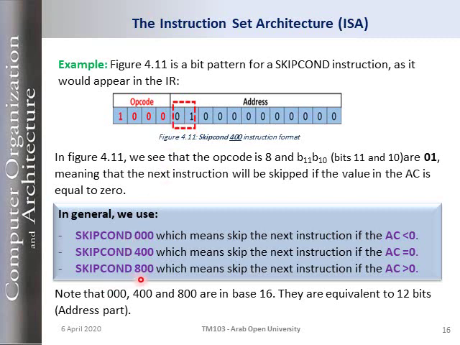Skip condition 800, which means skip the next instruction if the accumulator is greater than 0. So if the accumulator is greater than 0, we'll skip the next instruction. If not, we will not skip the next instruction. 800, how did we get it? If bit number 10 was 0 and bit number 11 was 1, then we will get this instruction, skip condition 800. To make it more clear,